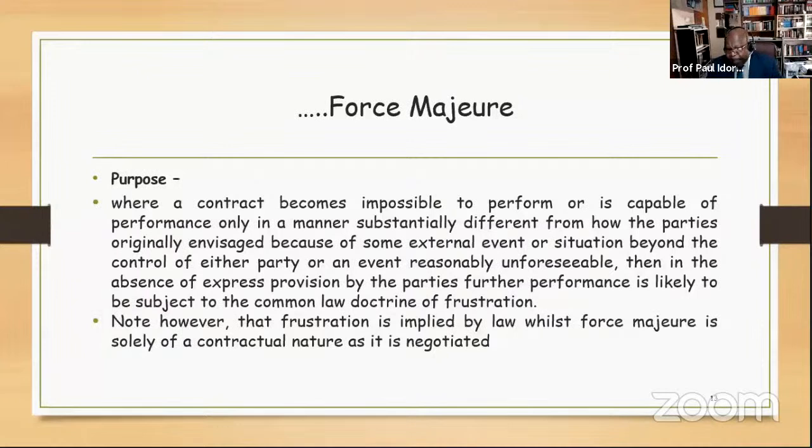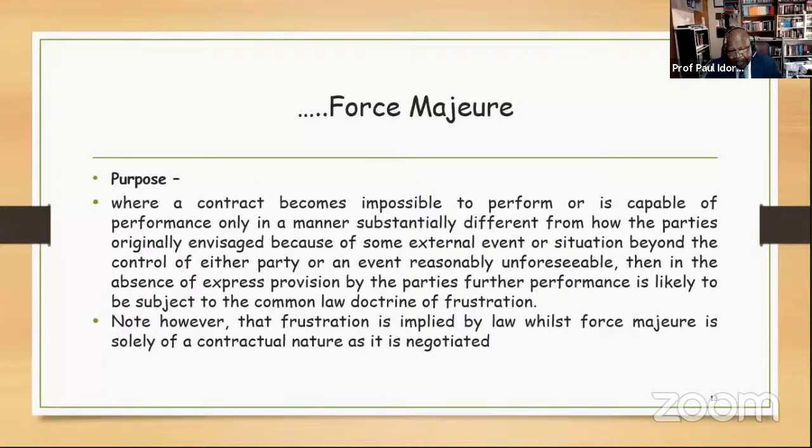But where it is impossible to perform their obligations or perform the obligations in a manner substantially different from what they had intended, or there are factors beyond the control of either party, or there are events reasonably unforeseeable and they occur, what will happen to that